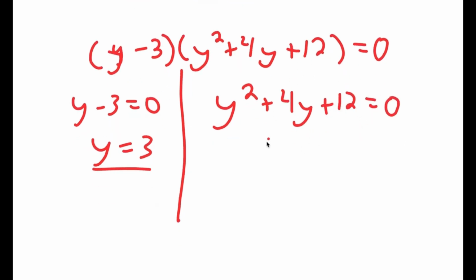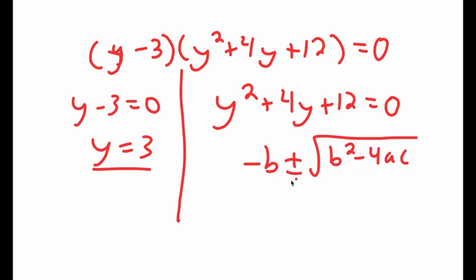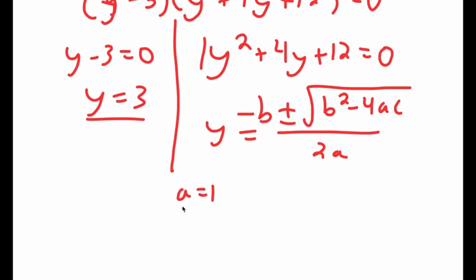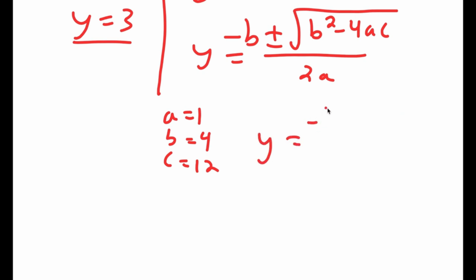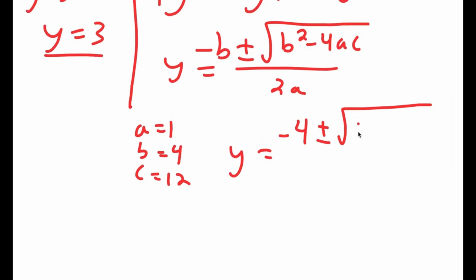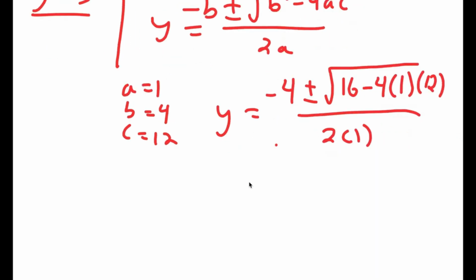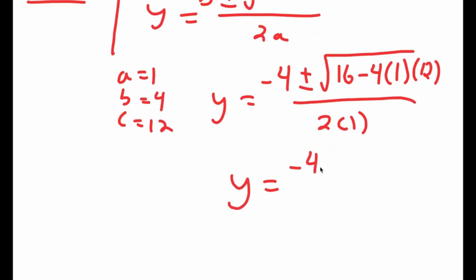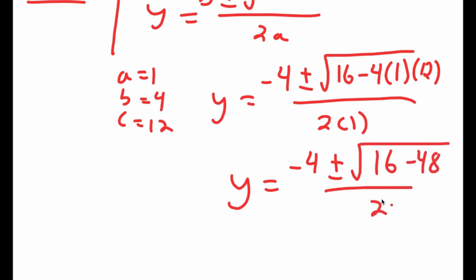And to solve this, we have to use the quadratic formula, which is negative b plus or minus the square root of b squared minus 4ac all over 2a. So in this case, a is 1, b is 4, and c is 12. So I get y is equal to negative 4 plus or minus the square root of b squared minus 4ac. B squared is 4 squared, which is 16, minus 4 times a, which is 1, times c, which is 12, all over 2a, so 2 times 1, and this is equal to negative 4 plus or minus the square root of 16 minus 48 over 2,